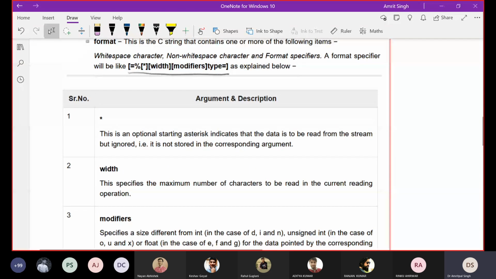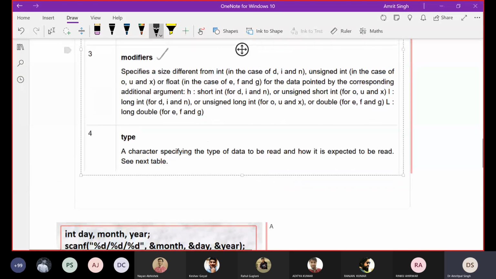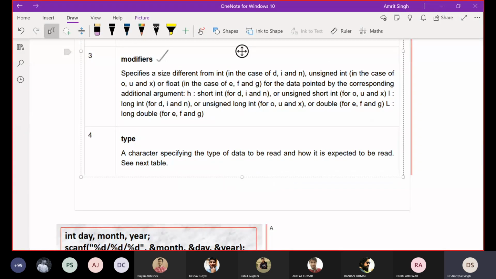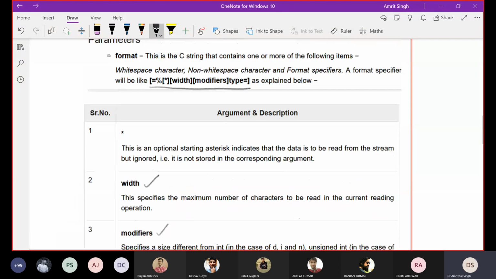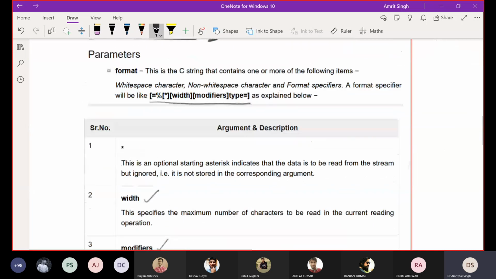These are optional. We can define the width. We can use modifiers like unsigned, signed, long. Then we can define the type. Let's say, Aditya, you only want a 2-digit integer. So you can simply define 2 here, and what is it going to do?